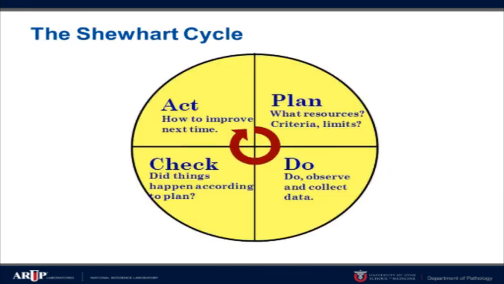And then the final is what's called the Shewhart cycle or the Plan, Do, Check, Act. And we do this all the time. You're planning, you're putting things together, then you do it, then you see if you had the right outcome, and then you change as you go. So these are 3 examples that you'll see. You'll see a bunch more in the book as you go along and learn other things. There are all sorts of different aspects of process improvement because we want to just get better all of the time. Less waste, better product for the